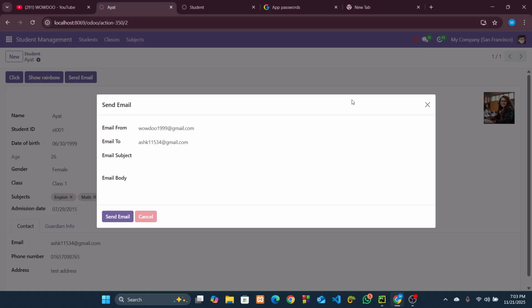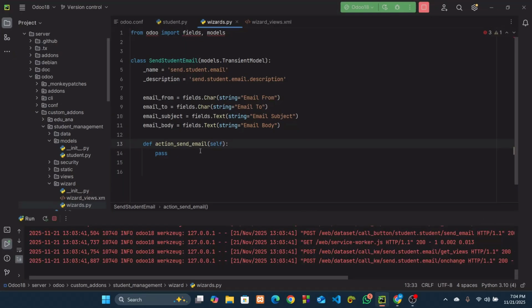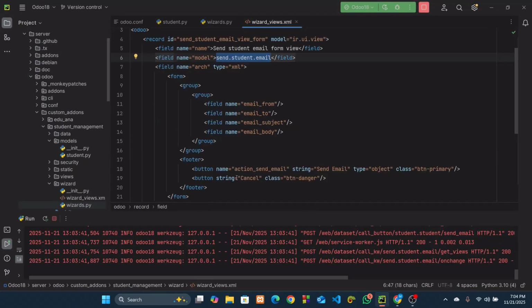What is the issue then? The issue is we have to add a special attribute in the cancel button XML, and that is a special